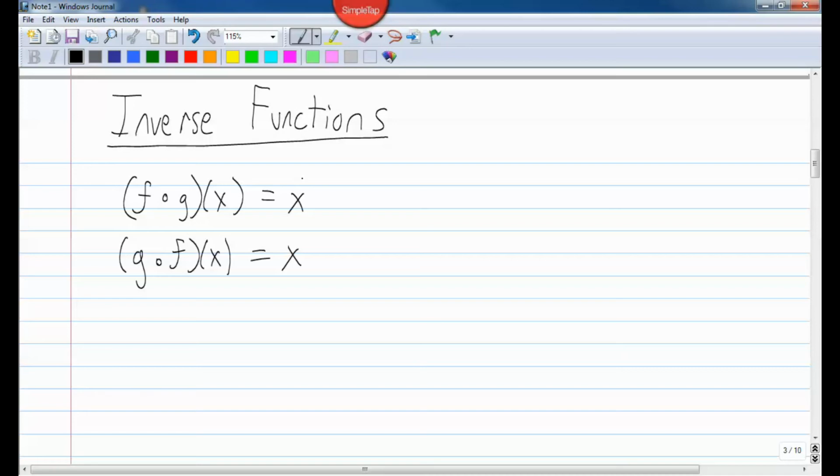So, if you're given two functions, and the question was, are the two functions inverses of each other? Then the way that you can tell is by finding f of g of x and g of f of x. If they're both equal to just x, then they are inverses of each other. Okay? Before I get into an example of that,